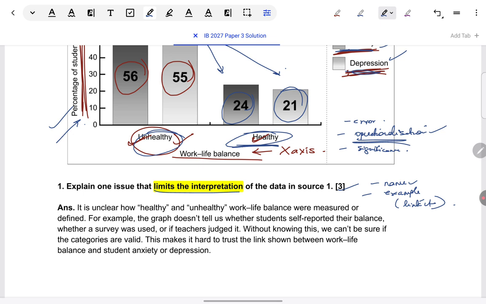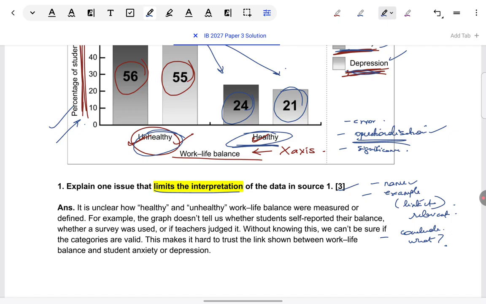Students have a bad habit. They'll say, it isn't mentioned how the variables are operationalized. Which variables? In this scenario, which variable are you talking about? What do you mean by operationalized? Give some concrete example, like if it was operationalized, what we should have seen on the graph. So make it relevant to the context given here about anxiety, depression, and work life balance. Finally, conclude by specifying exactly what problem comes up because of this. Given that this feature has not been represented on the graph, what is the issue that is coming up? Just mention that in the end.